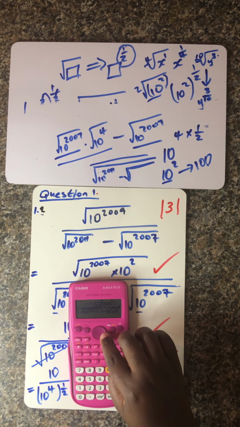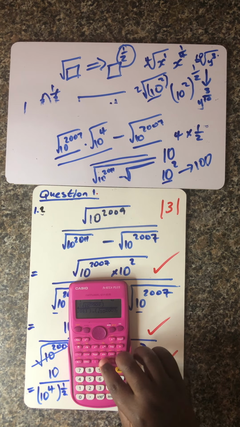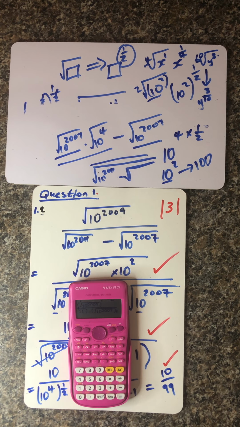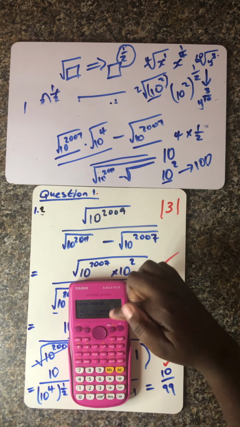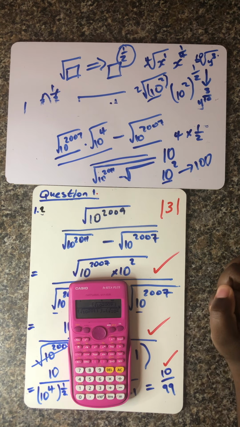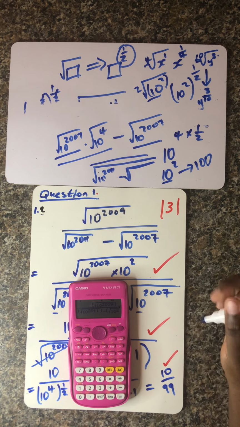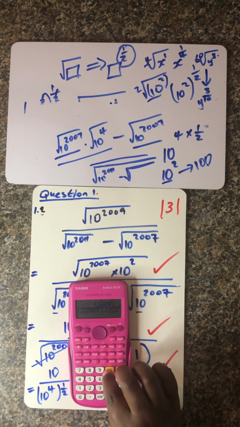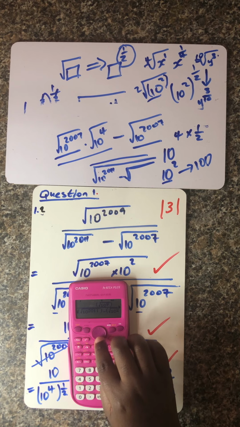So if it gives an error again, that would mean this is not the type of equation where you can prove or check if your final answer is correct. But by following the correct procedures, you should be able to get the final correct answer. Okay, so ladies and gentlemen, it gives us an error again, which means for this type of question, because of the exponents, it is too big. That's why it fails to work when we substitute with those